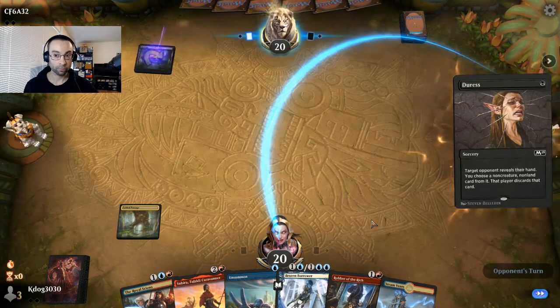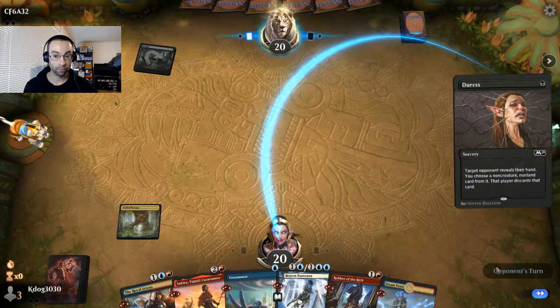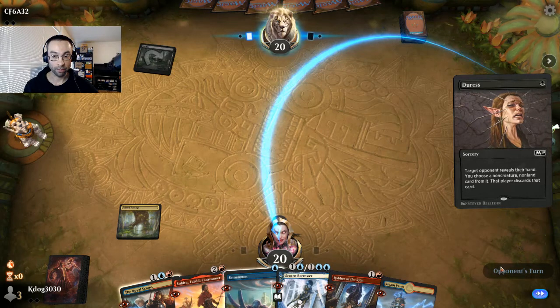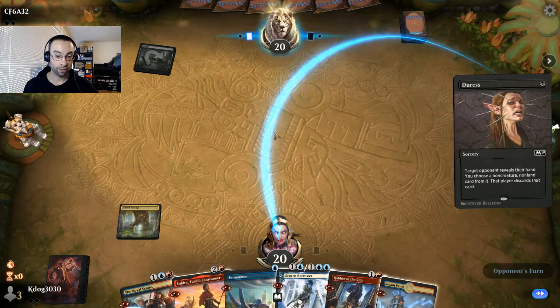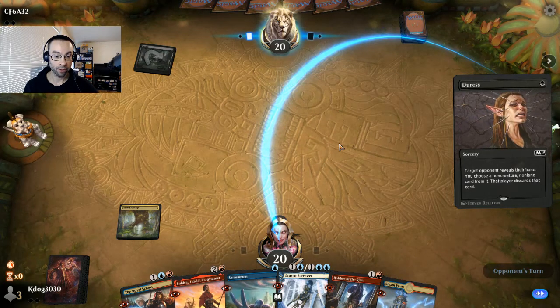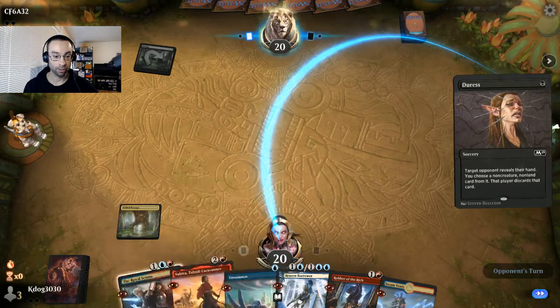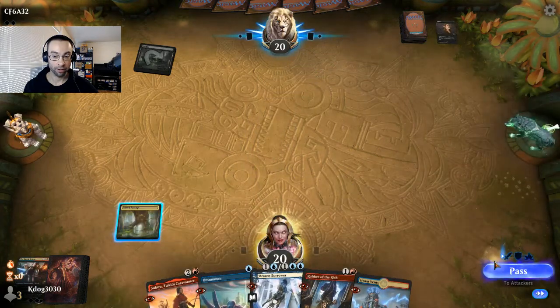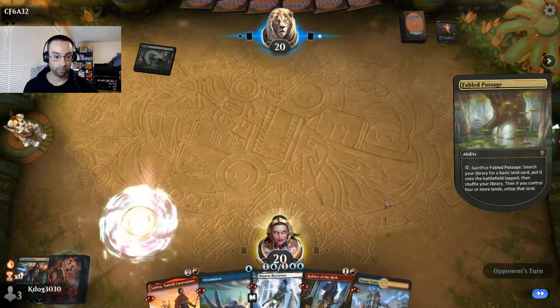Swamp. Duress, that's pretty nasty. So against some kind of a discard tribal, that seems pretty fun, you know. And the good thing is we're the aggressive deck. You only have two options here, so just make your pick. There you go, Royal Scions. That's kind of the obvious choice. So we'll grab a